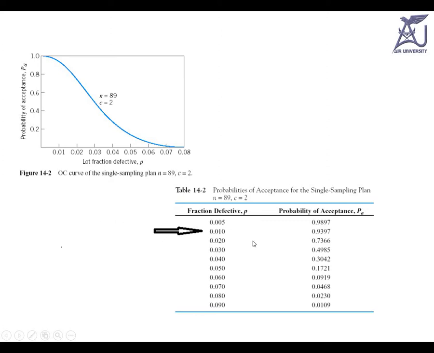You can put all these values together and you can plot the operating characteristic curves. This whole curve can be plotted with the help of these different AQL numbers. This can also be called fraction defective, or maybe it is the acceptable quality level, which has been accepted by the consumer and the producer as per contract between them.